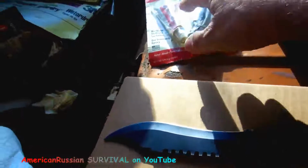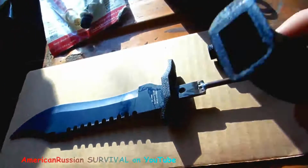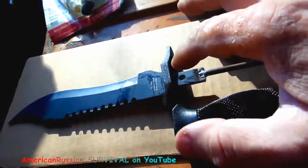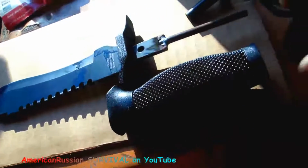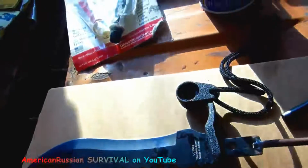And what I'm going to do is take some JB Weld. It's going to go on the tang, and it's going to get the pommel JB welded to the blade itself. It's already been chemically cleaned. The handle is going to get JB welded to it. This is going to get JB welded to that handle, and then we're going to take